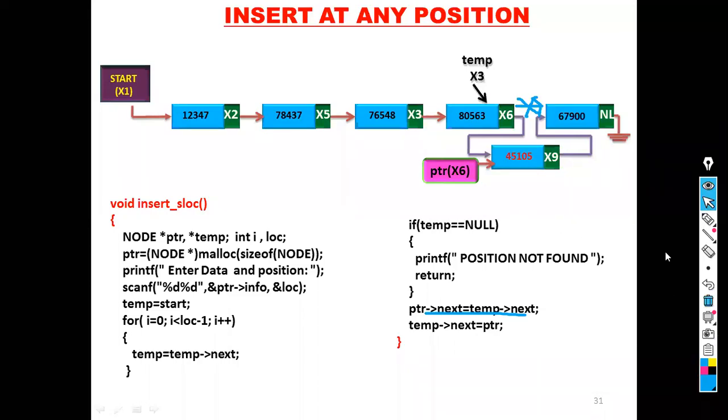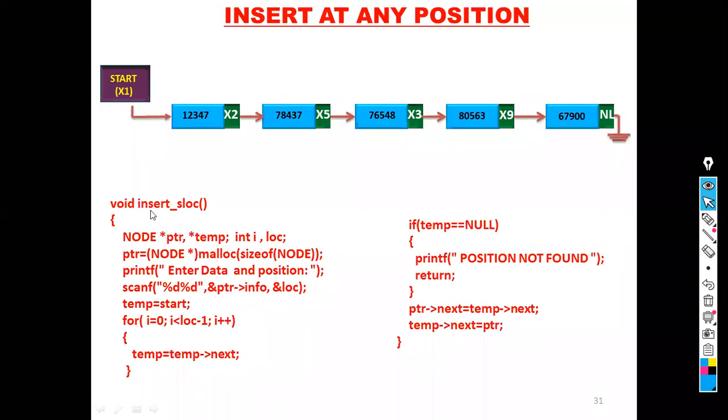See here. So this is the starting of the algorithm. Insert at location, at this specific location. That's why the name of the algorithm is insert at location. So when you have to write any algorithm or program for the insert operation or create operation, you have to create a new node. So for that, declare all the types of nodes that are used in the program. So in this program, I need a pointer ptr. Okay, ptr is pointing to the new node. This statement, all of you clear? Second line of the program: ptr equal to node star malloc size of node.